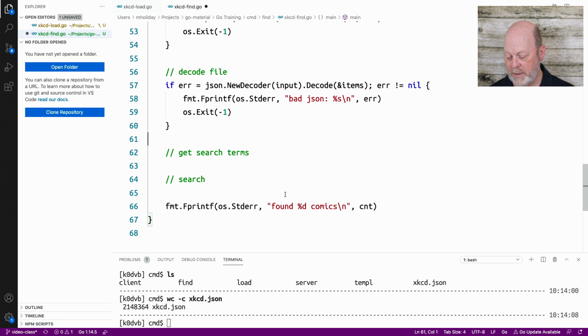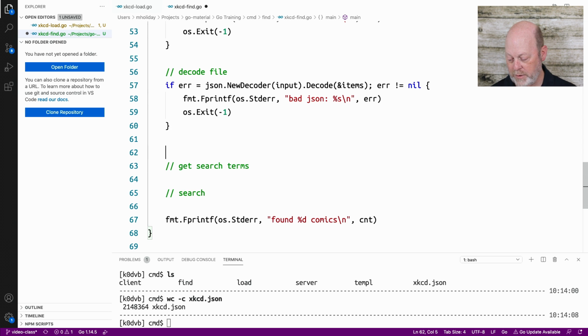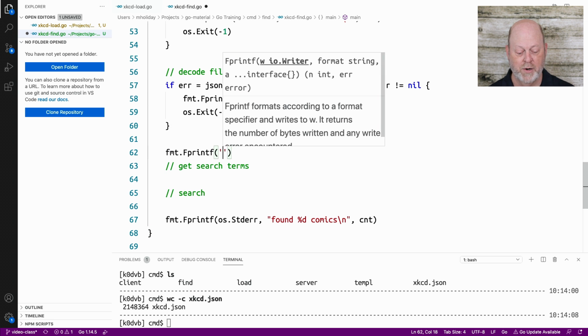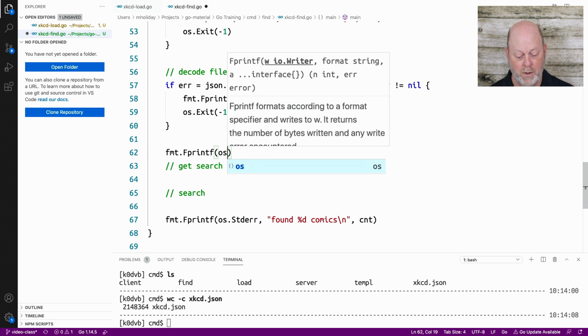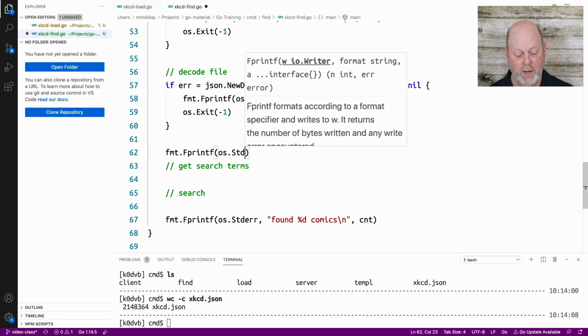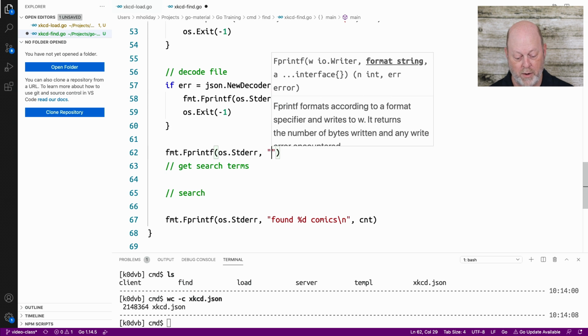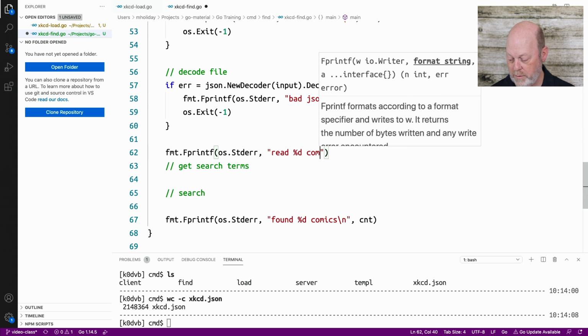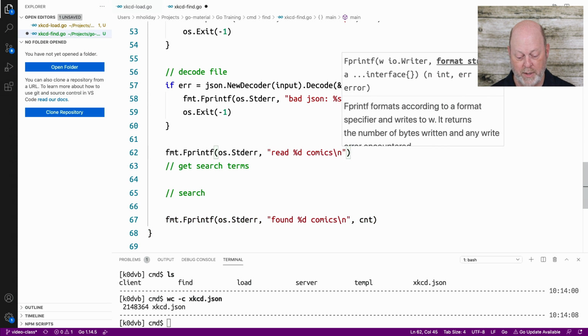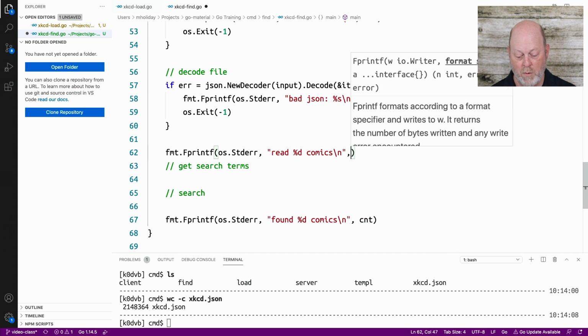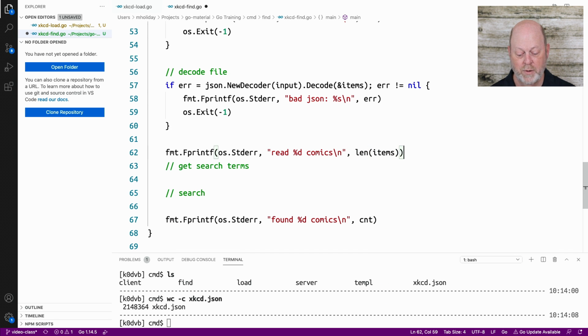So the next thing I need is some search terms. And just for grins here, I'm going to print out how many comics I read. So if there's a problem in my code, at least I'll know whether we got it here or later, right? So we're going to make sure we have comics. Just print out, you know, hey, I read this many. All right, and all we have to do is take the length of items, which could be 0